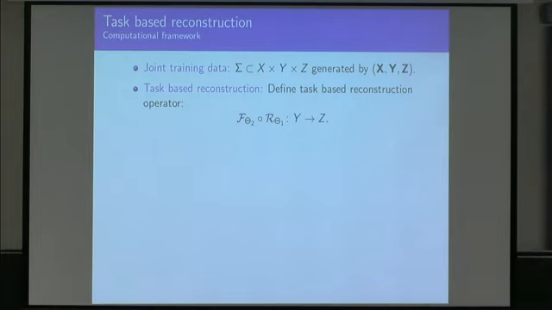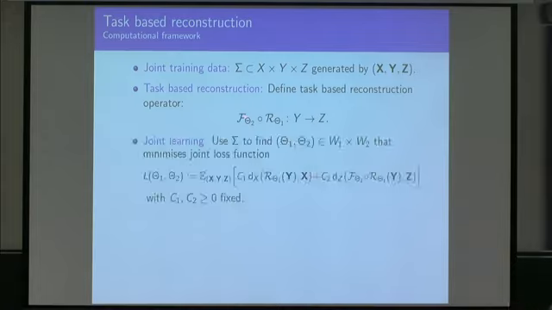So first of all, I form the composition operator. I of course just do the reconstruction composed with this F part. It goes from data into Z. But on top of it, I could do the joint learning, because now I have two parameters here, theta 1 and theta 2, right? And I could somehow recalibrate them, if I may say so, or jointly train them on the triplet or training data I have up there.